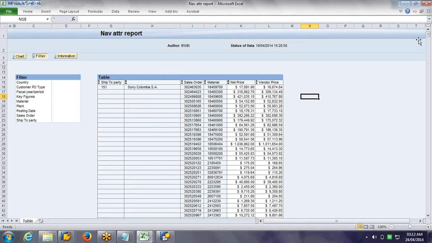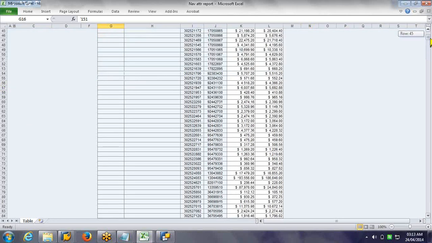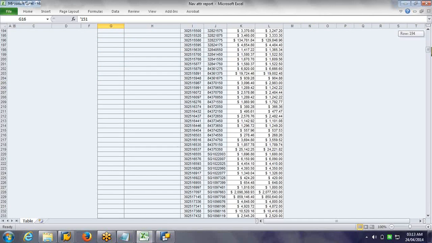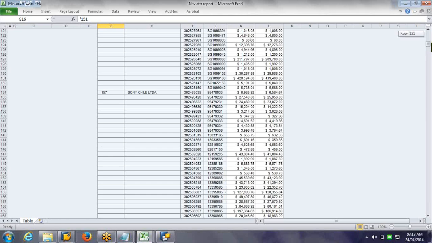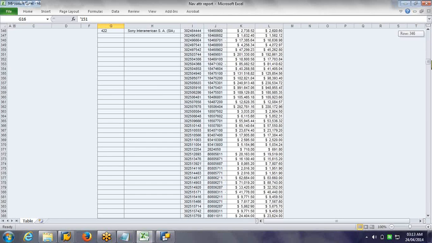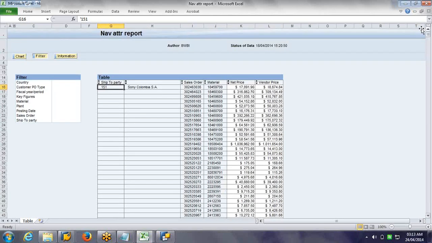Now, if I want to see only data related to ship to party 151, there are many ship to parties, 157, 422, so many numbers. If I want to see data only related to 151, which is Colombia, what should I ideally do on the query side?